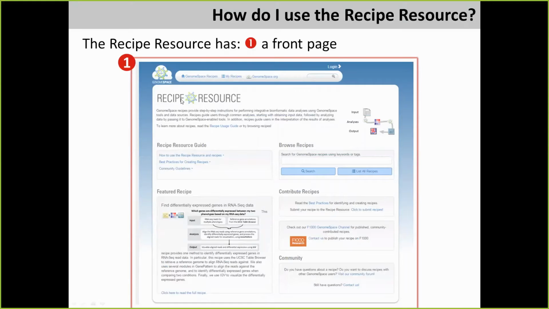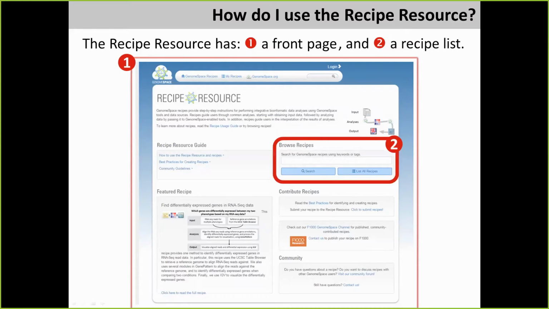This provides a lot of information about what recipes are, a navigation menu, extra documentation related to recipes, a place to browse, and a place to read featured recipes, contribute recipes, and interact with the community. And the other component is the list of recipes themselves, which can be accessed either by browsing or by clicking on list recipes.